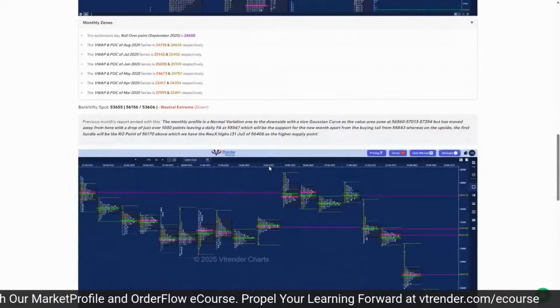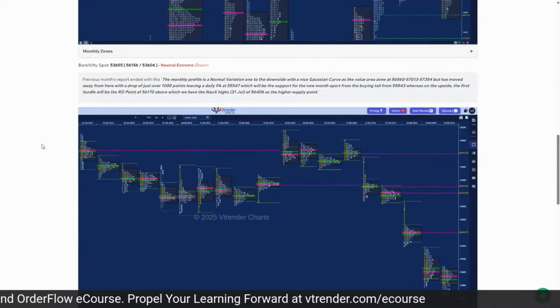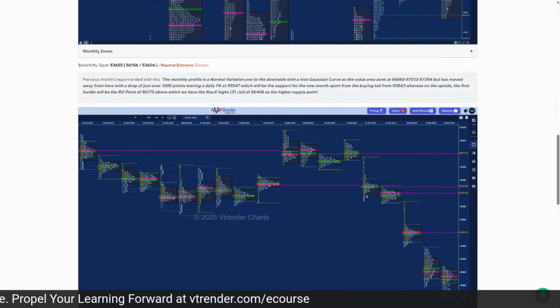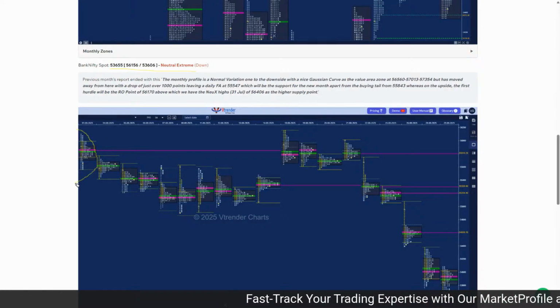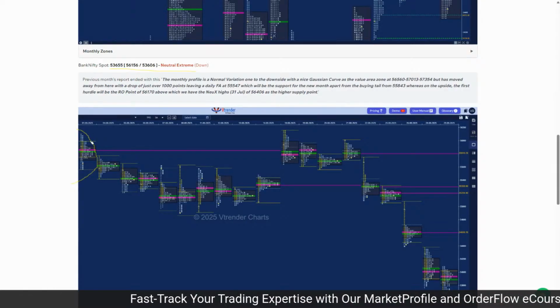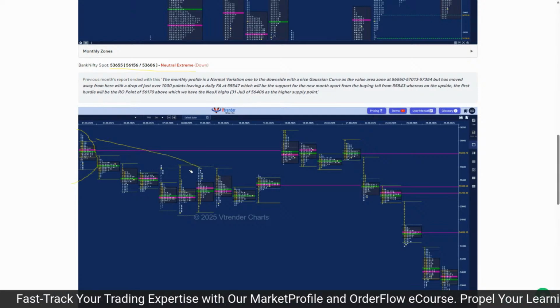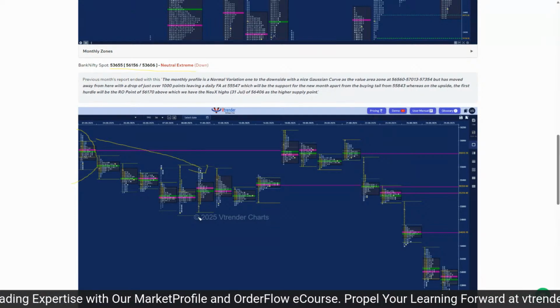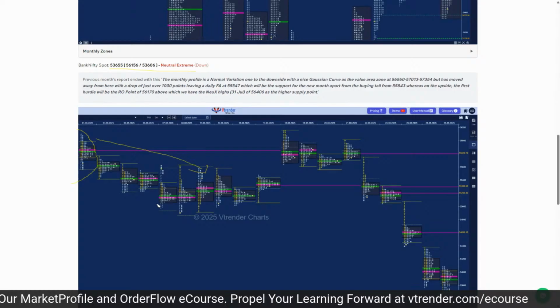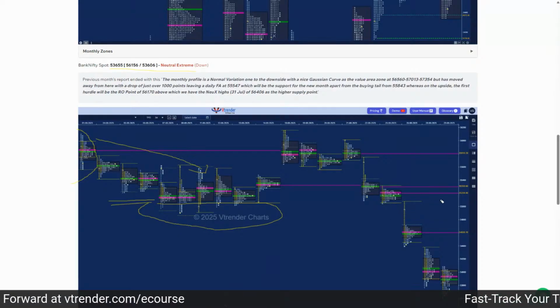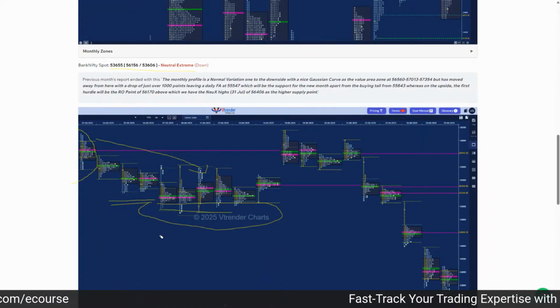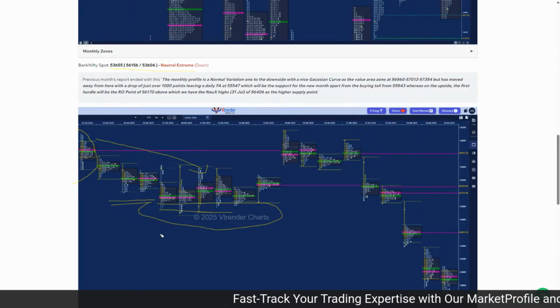So coming to the Bank Nifty monthly, Bank Nifty also was a neutral extreme profile to the downside. And you can see what we did in Bank Nifty also was a upside extension higher which failed. And then it was a neutral extreme which made a probe lower in the first half of August. Similar to what we saw in Nifty, you can see how this zone was protected. And this zone was very close to that 55019, which was the May series VWAP.